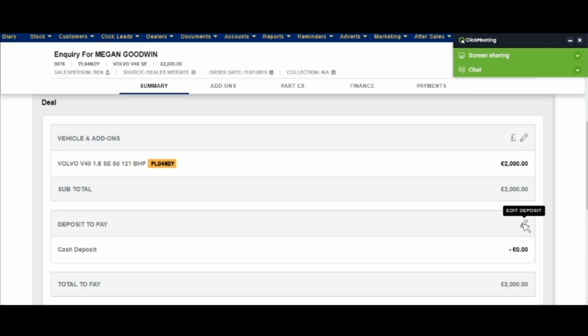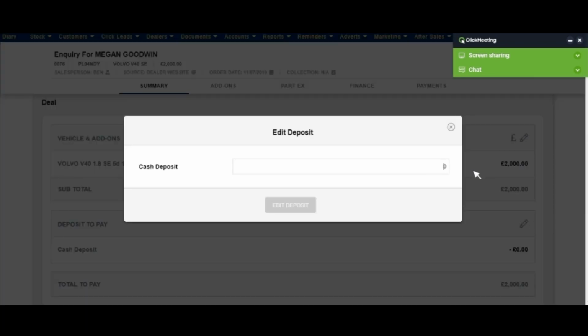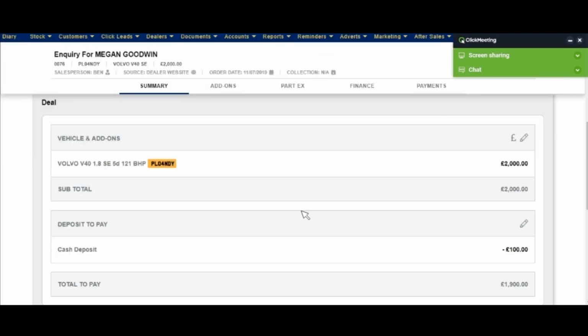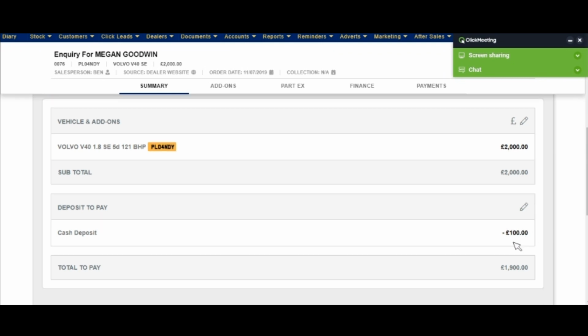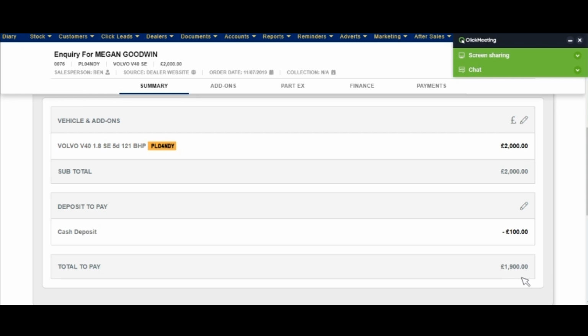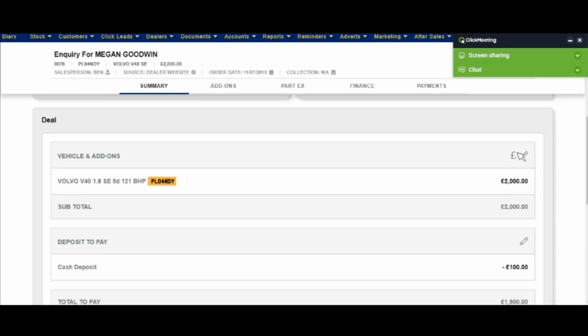So if you click onto edit, again, you can just go into there and you can record that deposit in there. So we'll say £100 and click edit. And then you see that it's giving you your total just there and your total to pay down the bottom as well. So if we want to jump to the add-on screen,